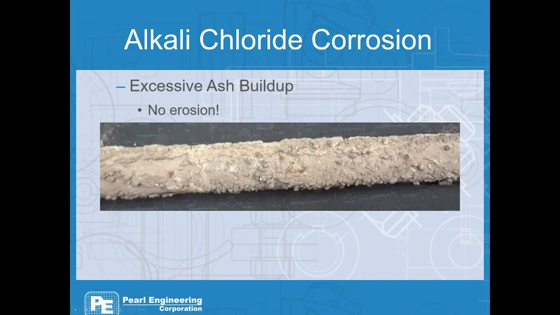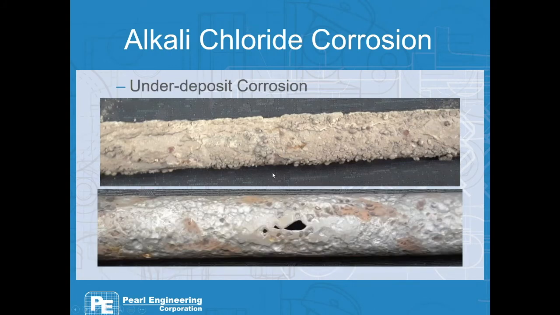Maybe the subfloors aren't as effective as they should be, but the lanes were clear. It was just buildup on the tubes. One thing we didn't notice until it was too late was that under that ash deposit, there was corrosion taking place,